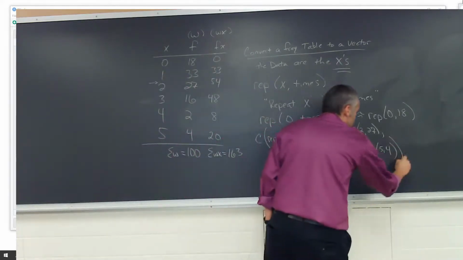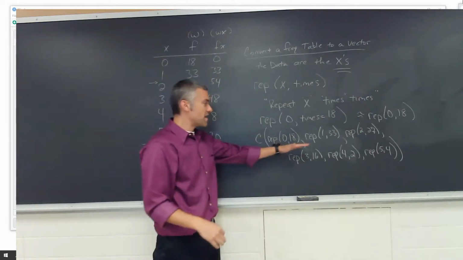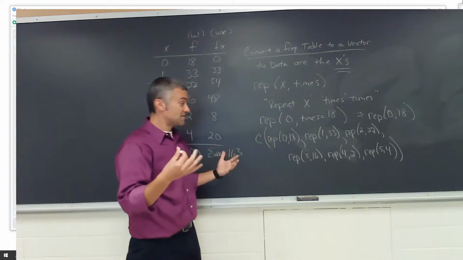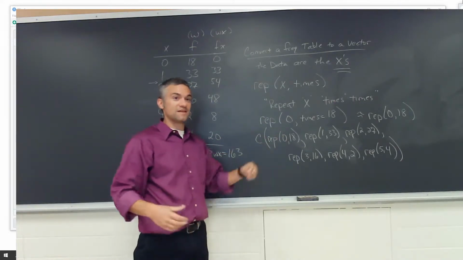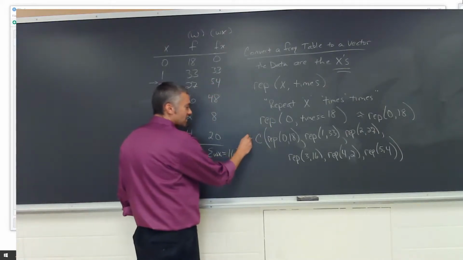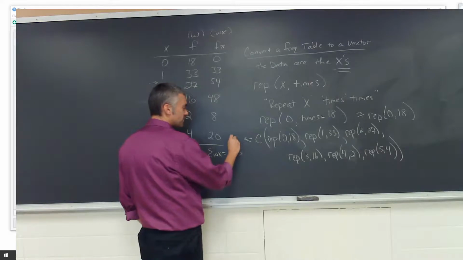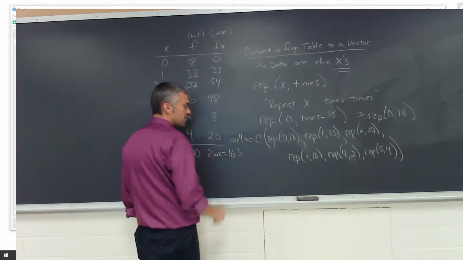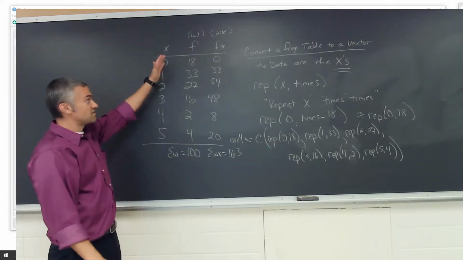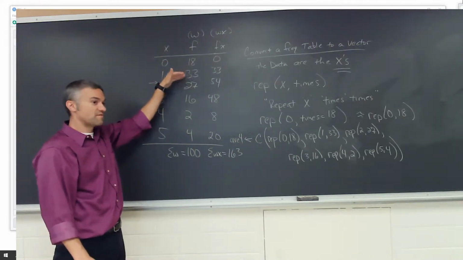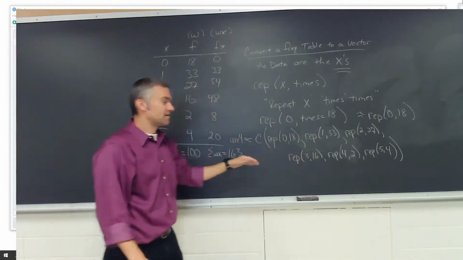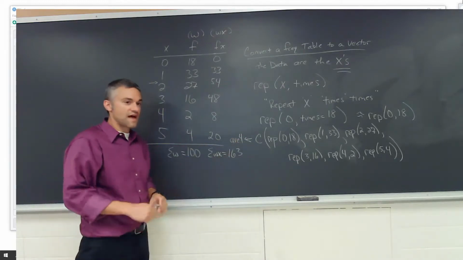And we're going to close it. So the rep is going to make our vectors, our 6 vectors, and then the combine is going to take all of those vectors and combine them into one single vector. And we're not going to be done. We can do A, B, E. So we take the x's, we repeat each x whatever number of times is in that frequency, and then we combine all of them into a single vector F.